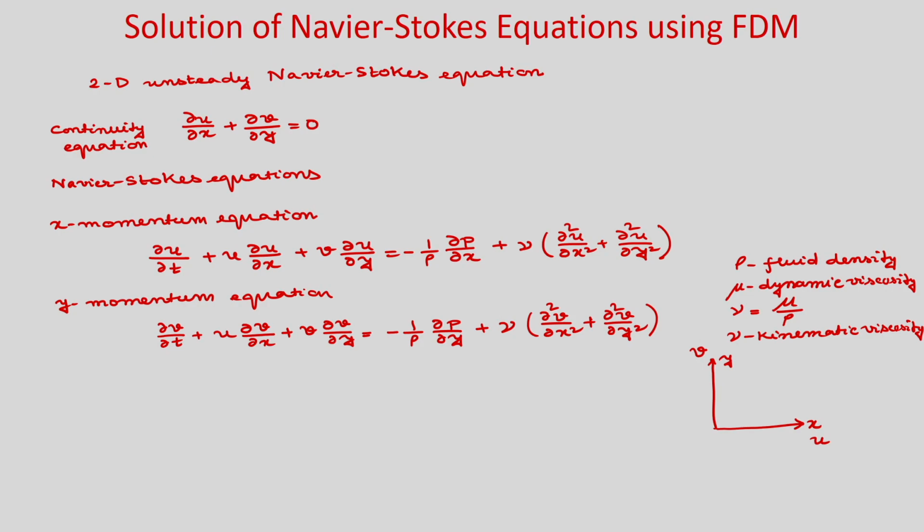So, in these equations how many unknowns are there? If you know the fluid properties, then rho and mu are known, and the unknowns are u, v and p. We have 3 equations, one continuity equation and 2 momentum equations. So, 3 equations and 3 unknowns. We will be able to solve for these unknowns, but there is no obvious pressure equation available. So, we need to derive this pressure equation from the continuity equation.